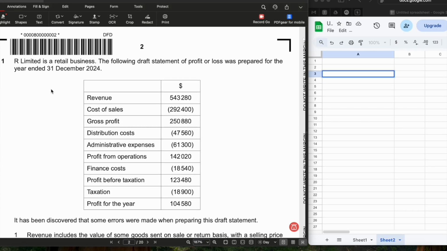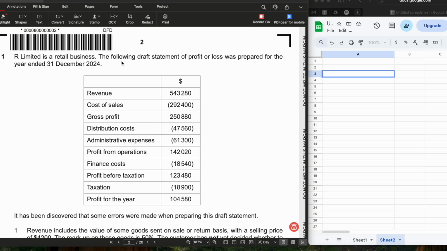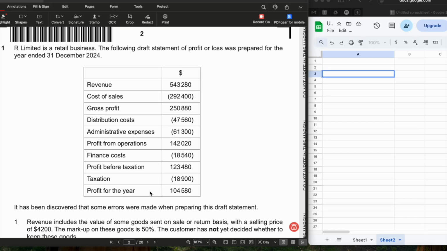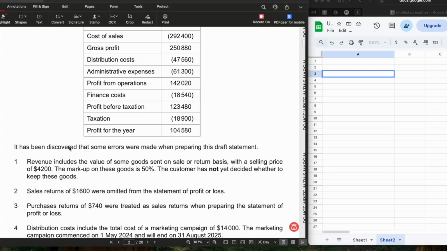Question number 1. R Limited is a retail business. The following draft statement of profit and loss was prepared for the year ended 31st December 2024. Revenue, cost of sales, gross profit, distribution cost, administrative expense, profit from operation, finance cost, profit before taxation, then taxation and profit for the year. So they prepared a statement of profit and loss account, and from revenue till profit for the year, all the information is given. But it also says it has been discovered that some errors were made when preparing this draft